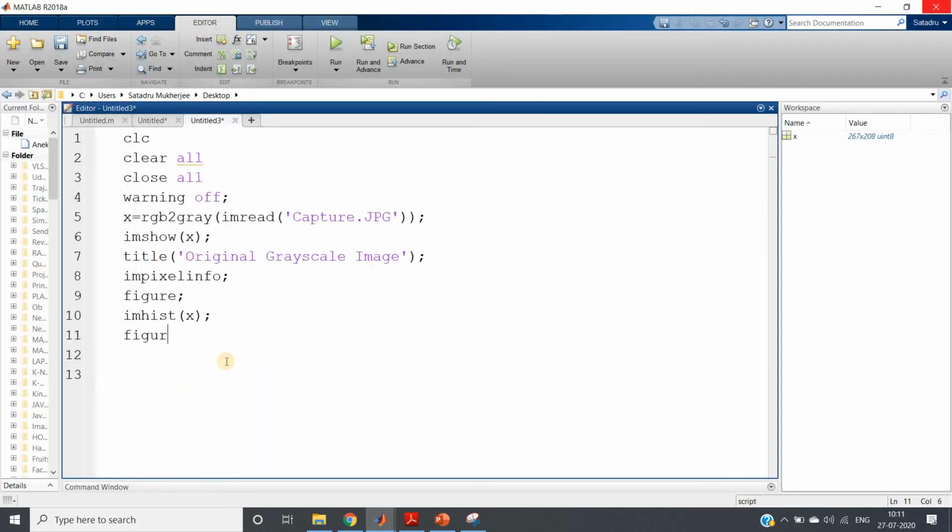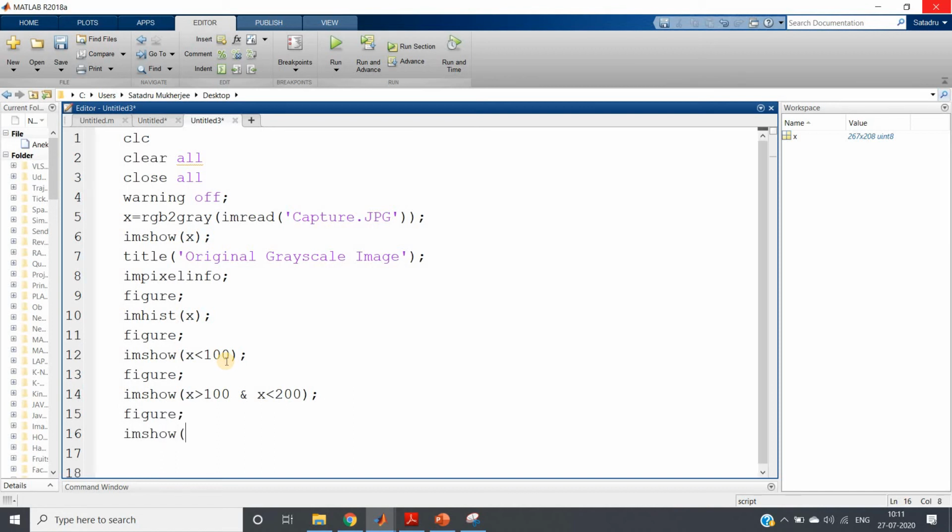So we can write the code according to that, very simple. figure, imshow X less than 100, one region. Then figure, imshow X greater than 100, but simultaneously it should satisfy one more condition, less than 200. Then figure, imshow X greater than 200. We can give the title as illuminated part for this.